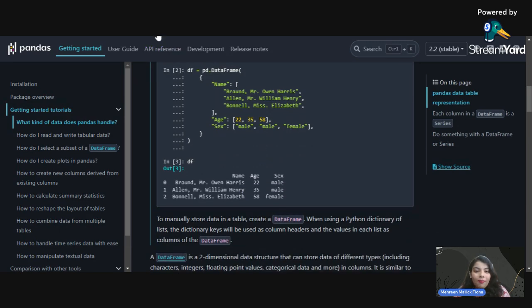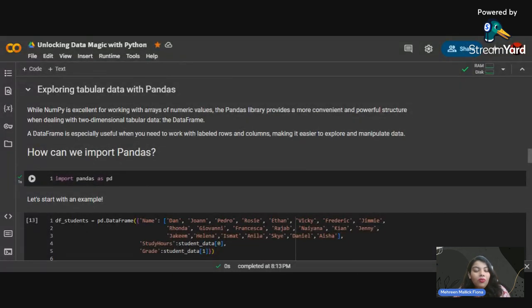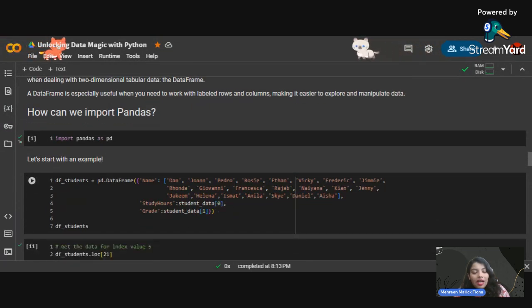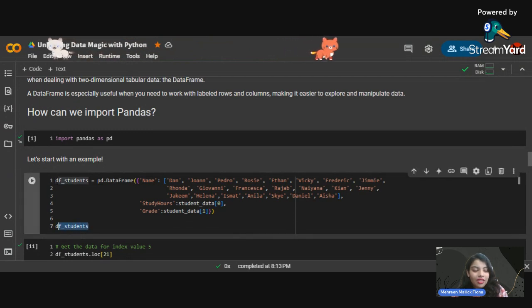So let's jump back here. So now we know how we can import pandas as pd, as a nickname or an alias, whatever you can say. So now moving on to an example, we are creating a similar example here with a student. We are making a data frame with the information of student name, study hours, and grade. So let's see what we can see here. But I want to show you something interesting. So I'm going to comment this part out. So let's see what happens if I run the code.